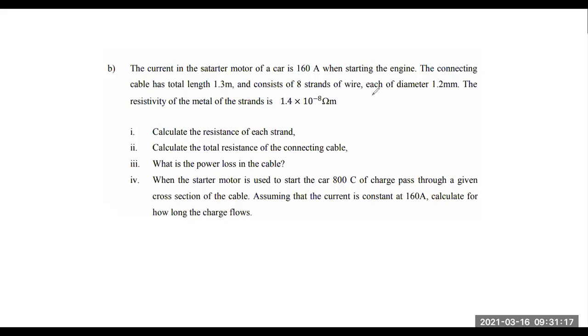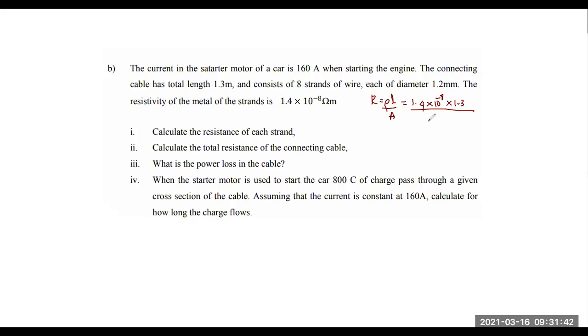Okay, then what? How do you find the resistance, people? Resistance equals rho L over A, correct? So for rho you should substitute this value, 1.4 into 10 to the power minus 8, multiplied by L. L is 1.3 meters, 1.3 divided by area. What did you use for area? Now they have given us diameter. Therefore, you have to use pi d squared by 4.